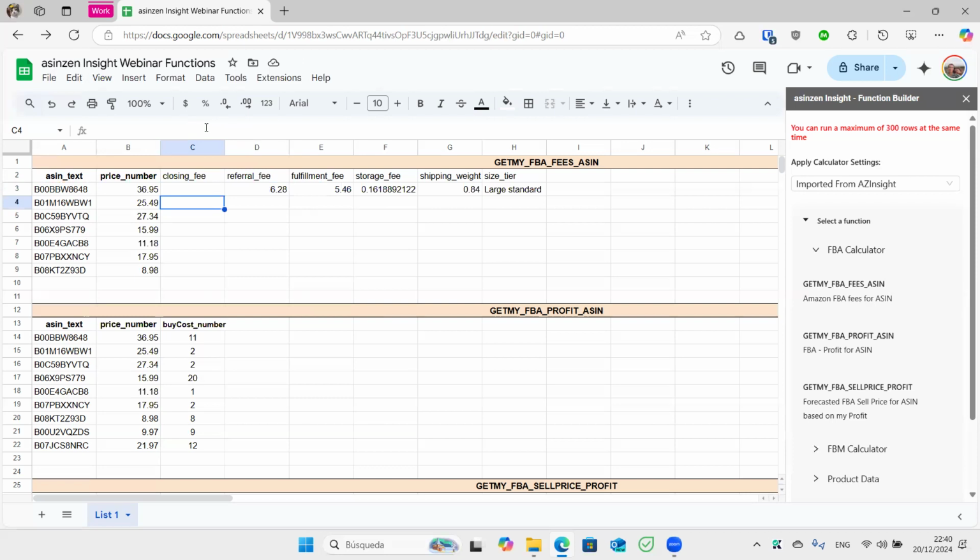So we get the referral fee, we get the fulfillment fee, we also get the storage fee, the shipping weight, and the size tag. So if you had used functional cells before on Google,